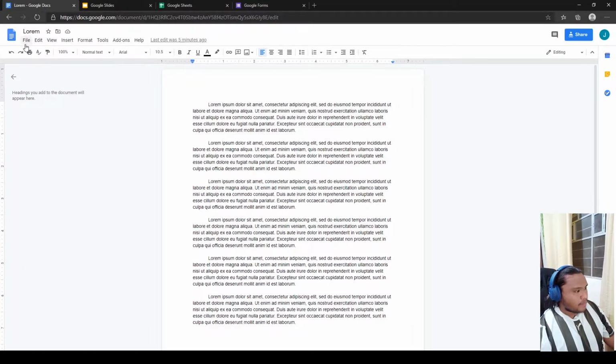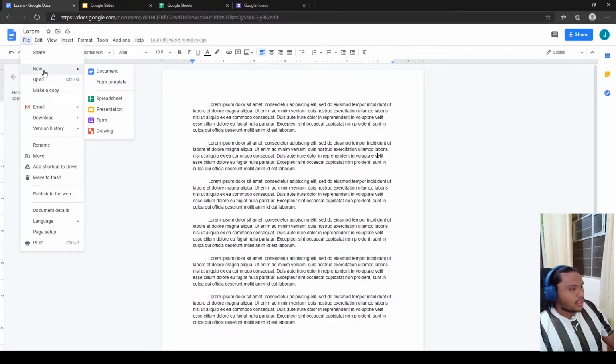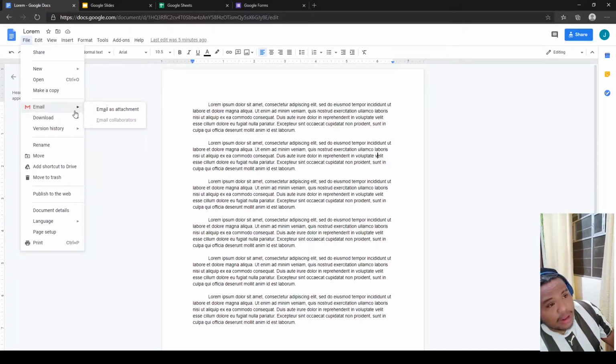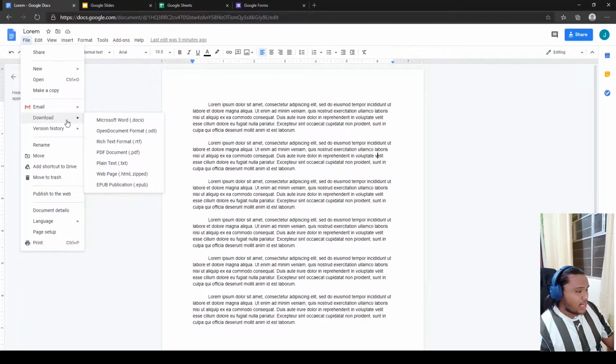Okay, so another thing is, it's pretty much the same. You can create a new document, open an old document that you have saved, make a copy, and you can email it automatically. But I think Microsoft Office has this feature as well with Outlook. Outlook is the Microsoft Office equivalent to Gmail. So yeah, what's nice about this is the